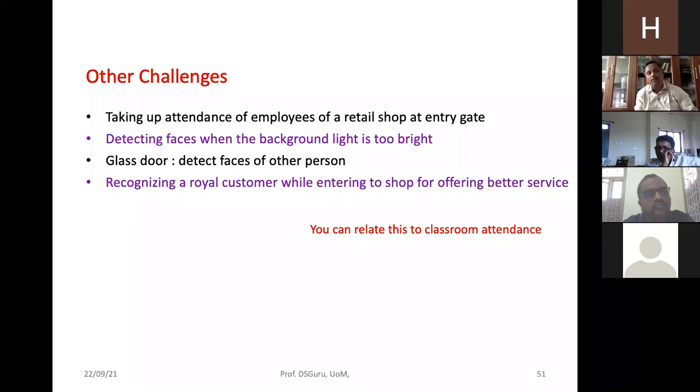We are thinking of providing AI-based solutions for maintaining attendance of students in our online lectures, because you are required to take up online classes. You are facing the same difficulty that most of the students are not that alert, and you are not sure whether they are really listening or not, and whether they are really physically present in front of the system or not. So can we think of an AI-based solution to monitor the progress,